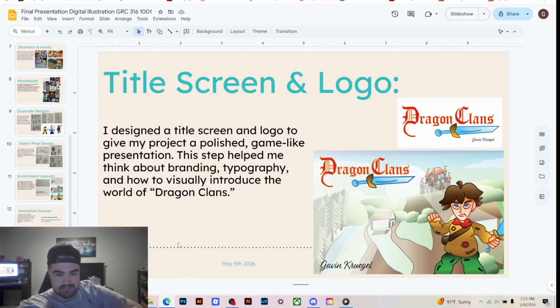Okay. Next is the title screen and logo. I did the logo, which is more medieval, but I really like how I did the red to make it pop and the orange for the outline. I also did the tail as well. So I just did that fiery theme that I was going for,